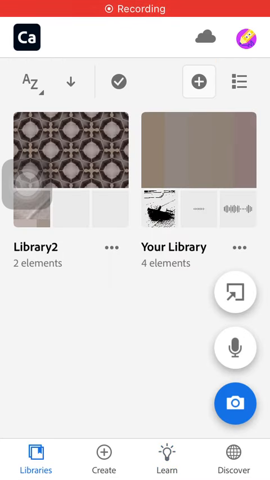Hello guys, in this video I'm going to show you how to enable the publish color themes feature on the